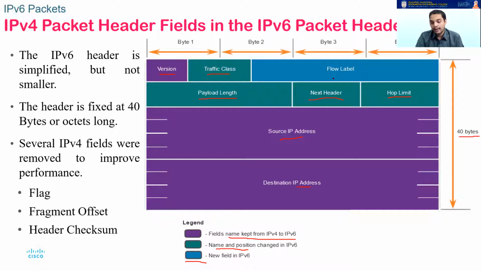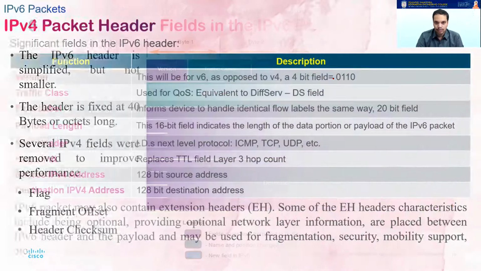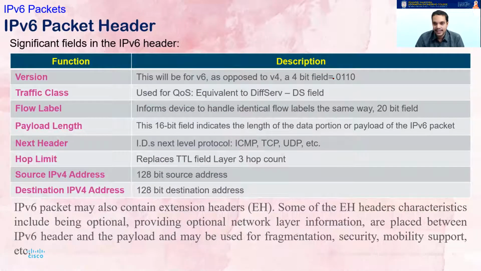Remember that IPv6 has an option of extension headers also. Extension headers, we call them EHs. These extension headers add some more information to the IPv6 header. Sometimes timestamp or delays are added to the extension headers. They're only optional. And if you have those headers, you will note them down in the next header field. It will tell that there is an extension header at the bottom. These extension headers provide additional information, maybe for security or for mobility support. There are a lot of extension headers available. You can browse the internet if you're interested.